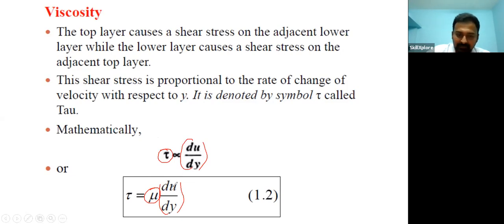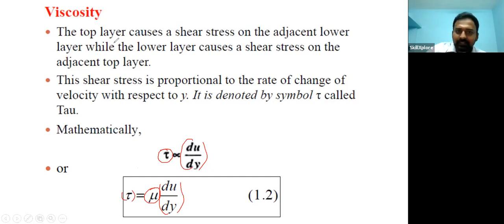Here we can simply calculate this viscosity: just invert this relation, and again you will get that. It looks like a pretty simple thing. In this, the shear stress, tau, which is denoted here, is called the shear resistance of the fluid. This shear resistance is calculated according to the flow rate, that is, according to the force applied on the fluid which is flowing. So we can easily calculate that.